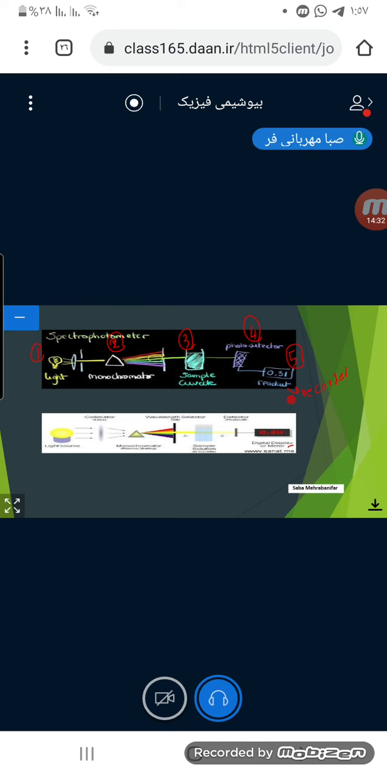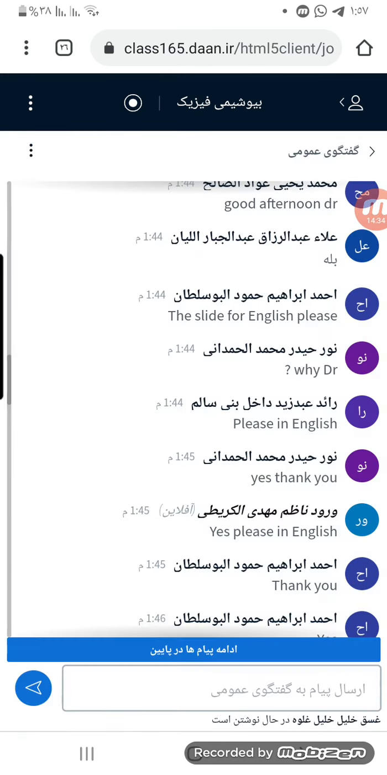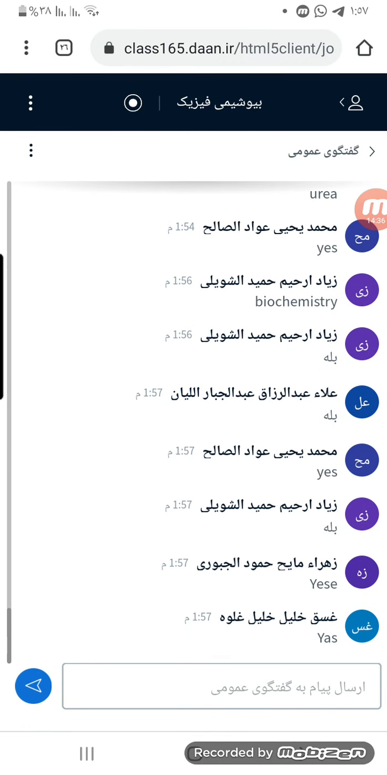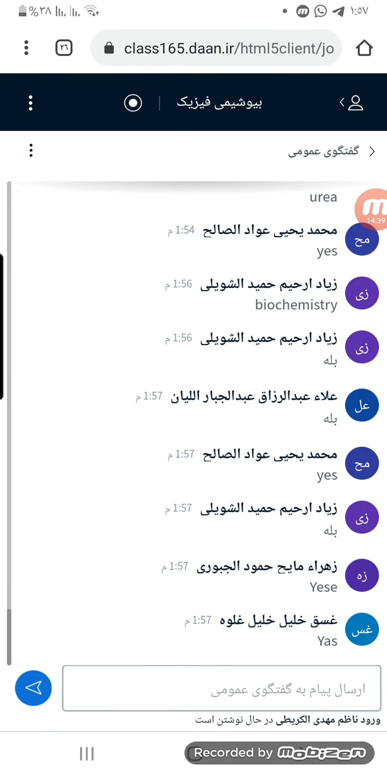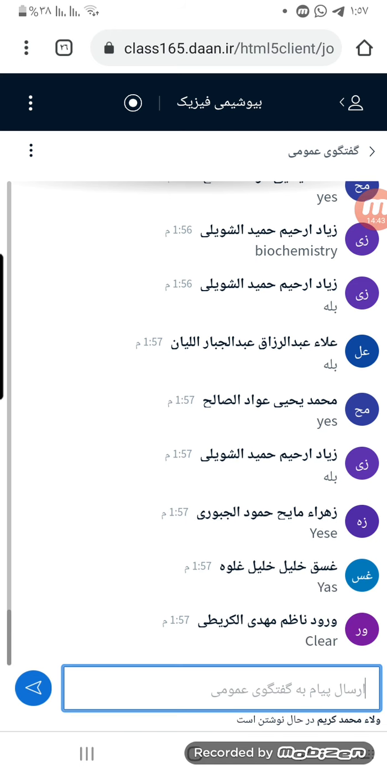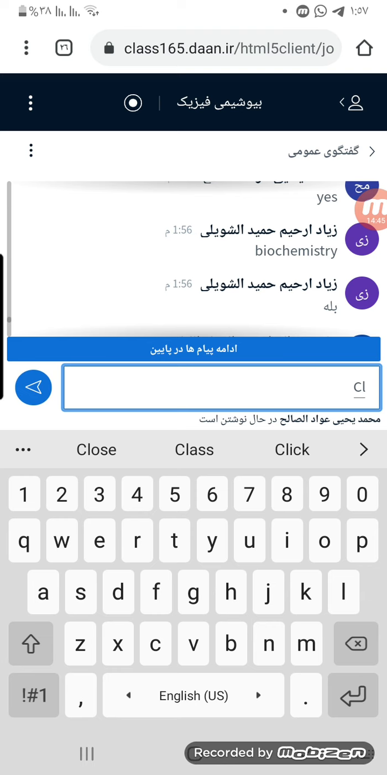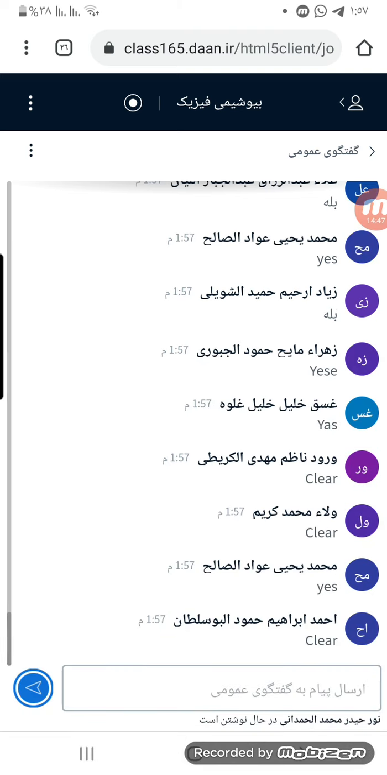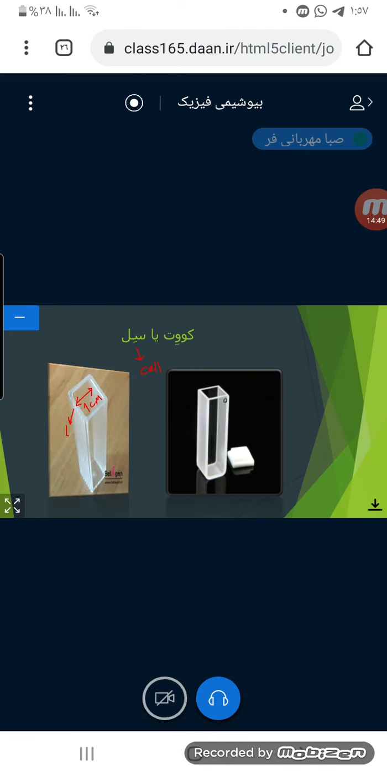Clear? Okay. Today our lesson is easy. It's not hard. And this is the cuvette. You know cuvette better? Its width is 1 centimeter, and this is L in the formula. A is equal to